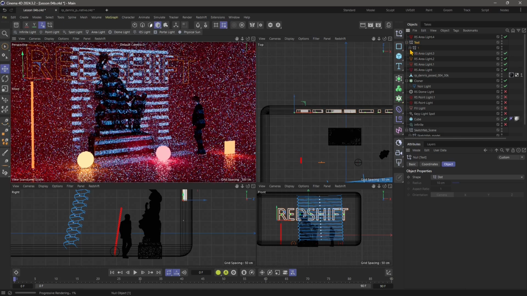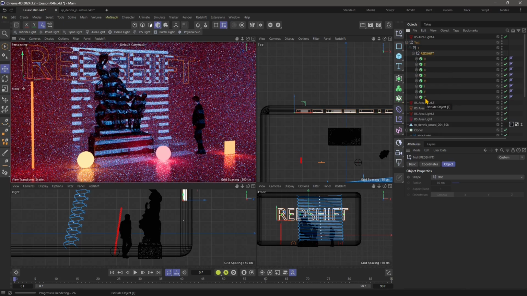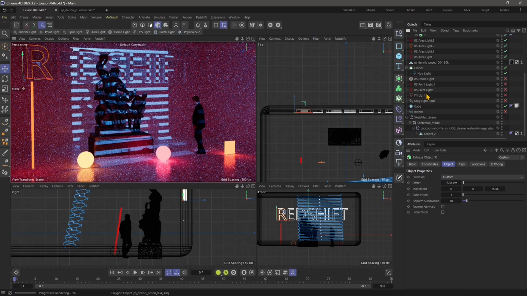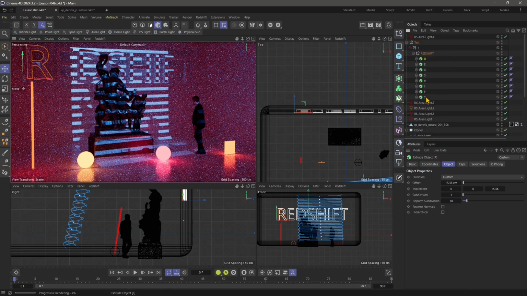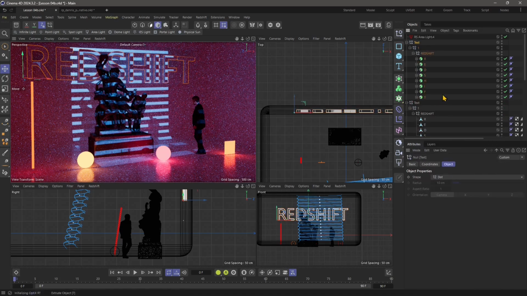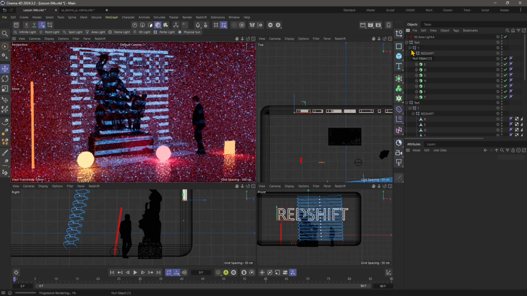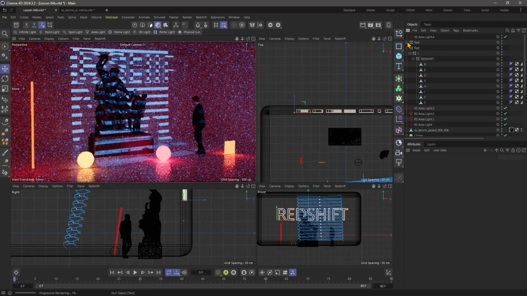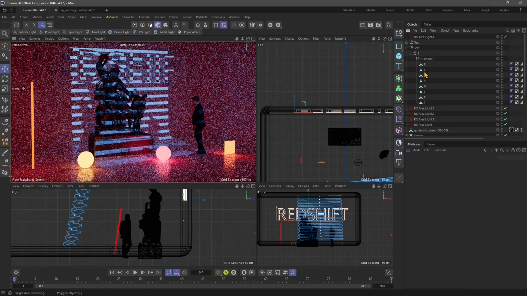But right now, let's see what's happening. So I'm going to expand the hierarchy, and there you go. These are not yet meshes, but these are extrusions of curves. So I want to turn those into actual meshes. I'll select everything here, right click and select current state to object. That's another way you can change and make them meshes. There you go. So they are now meshes,